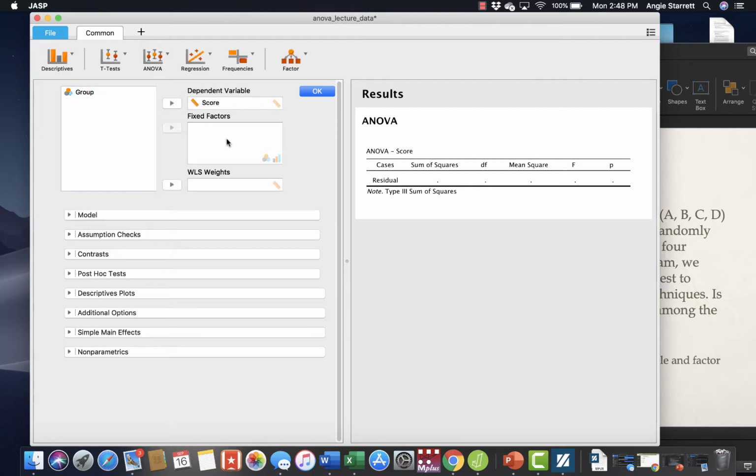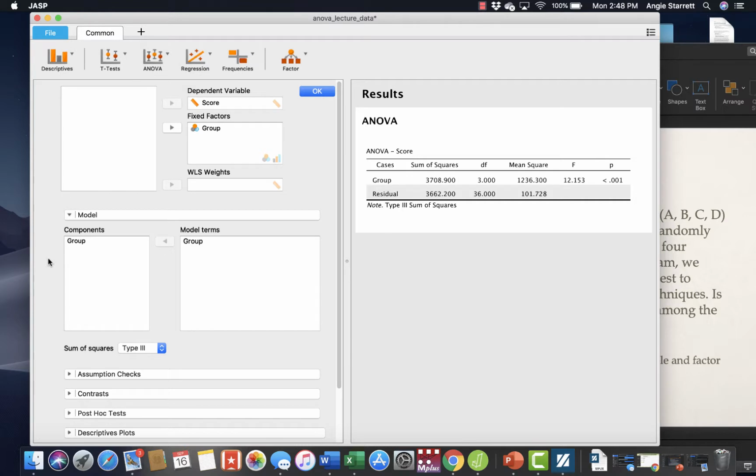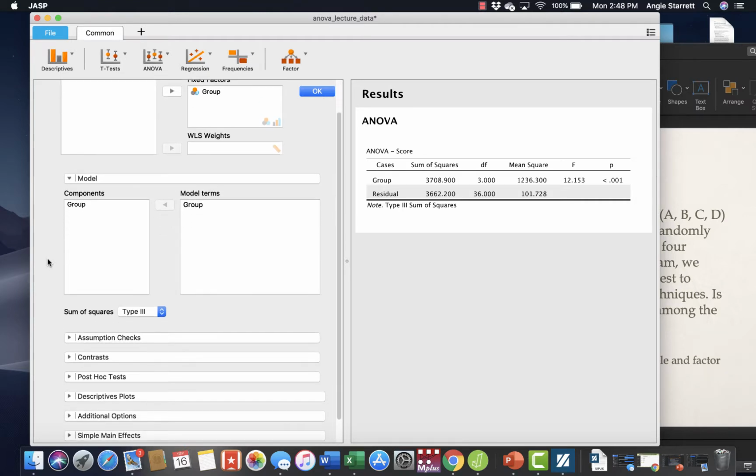And our fixed factor is A, B, C, and D, which is the group. All right. And before we really look over here, let's just go through a few of these. We're going to come back to this in a minute. With our group, all right, you will see that, and this will become more obvious in the next